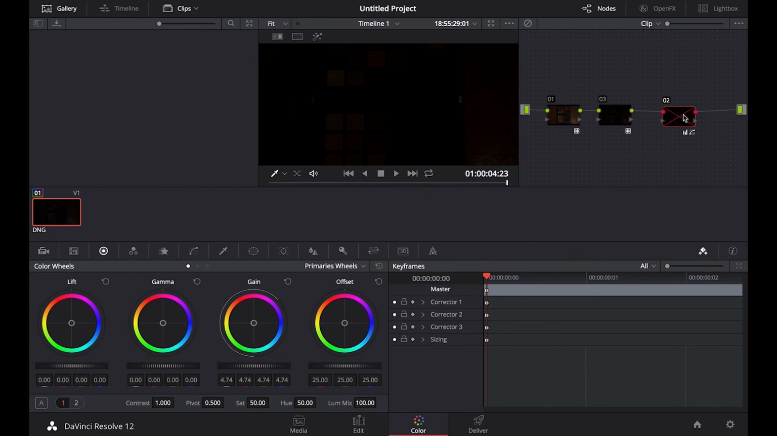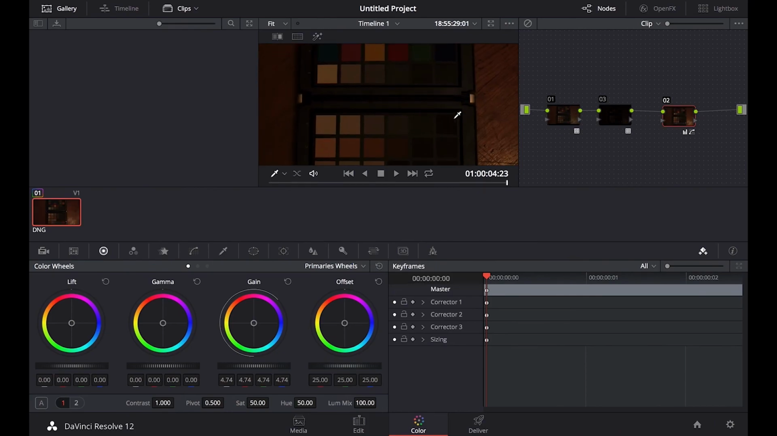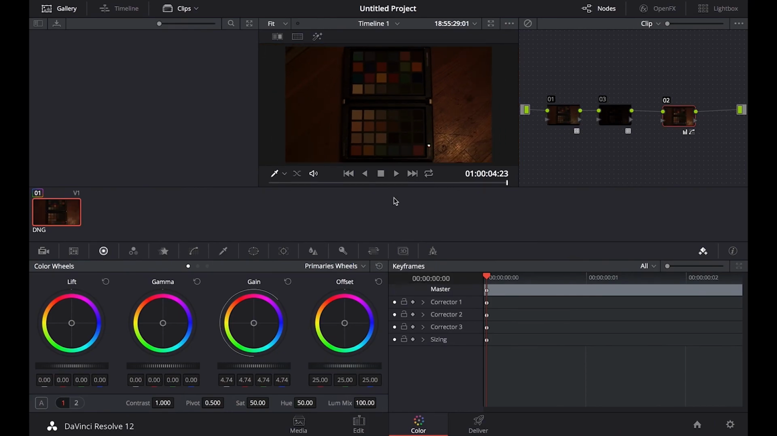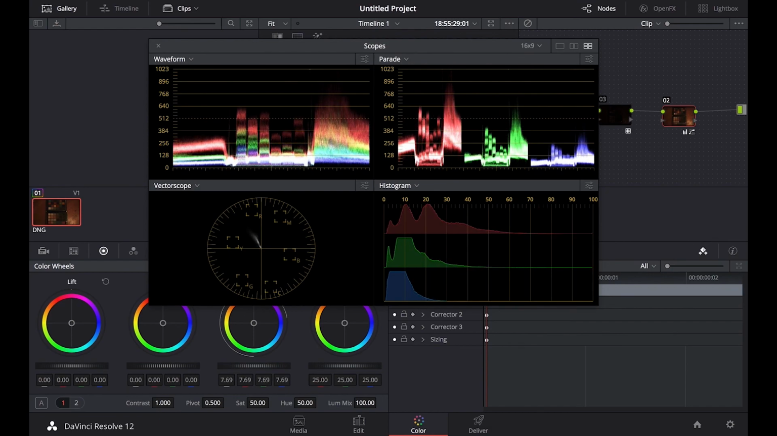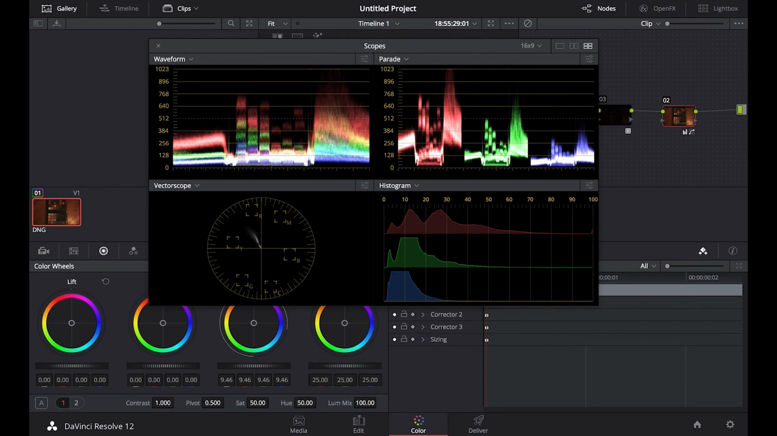I'm going to go ahead and re-enable this node here so I can see this again. And I'm going to continue to really up the gain on this just so I can see, and I'll bring the scopes over here. So again, my goal here is not to make this color corrected prettier right now, but just to show that this is actually going to be working. I'm going to keep pumping this up